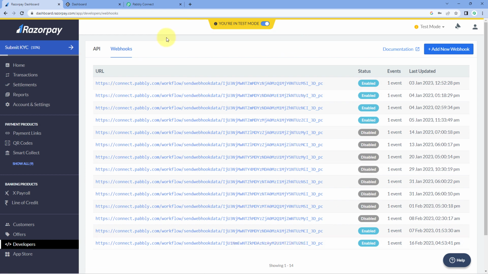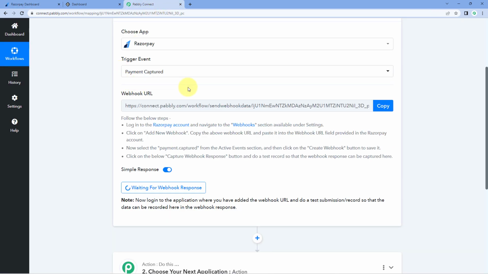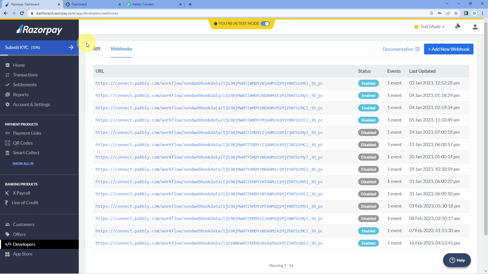After adding this webhook URL, every time we receive a new payment in Razorpay, the details of that payment will automatically be captured inside Pabbly Connect. And we are going to do the same. What we are going to do is make a test payment on the payment page which we